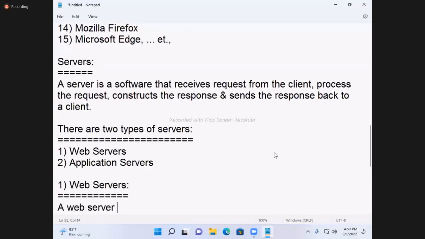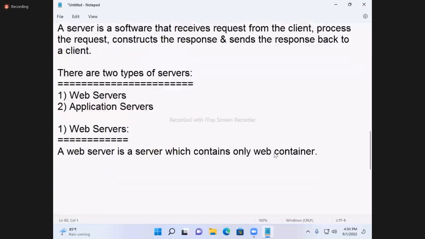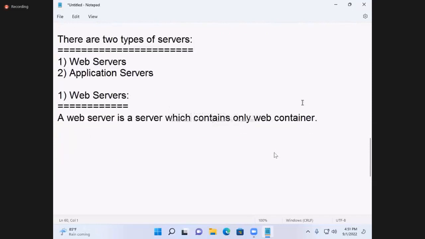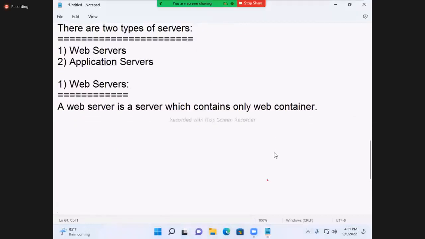A web server is a server which contains only a web container.